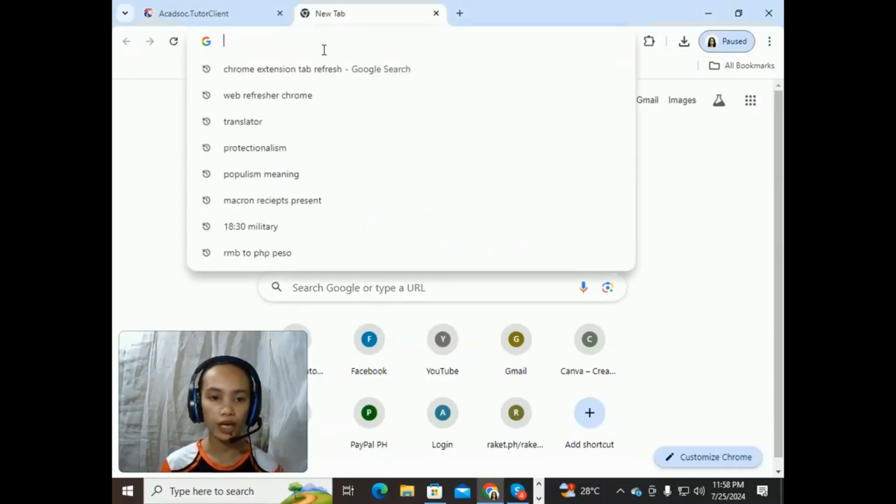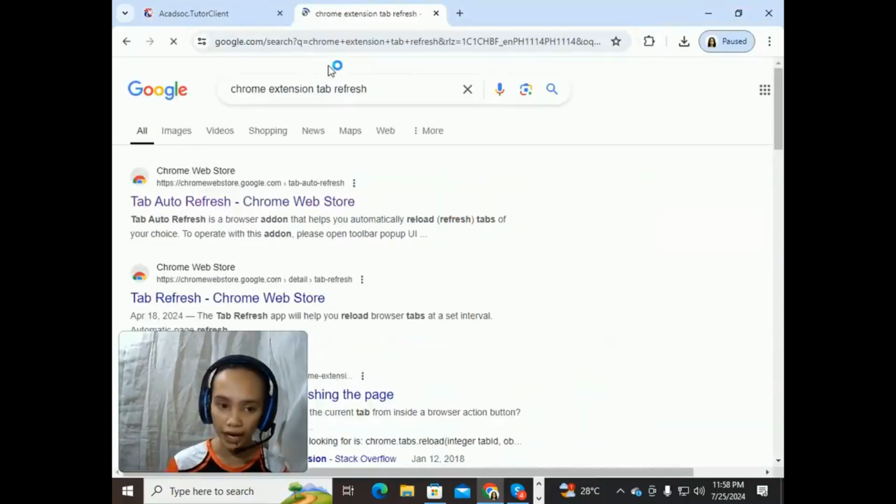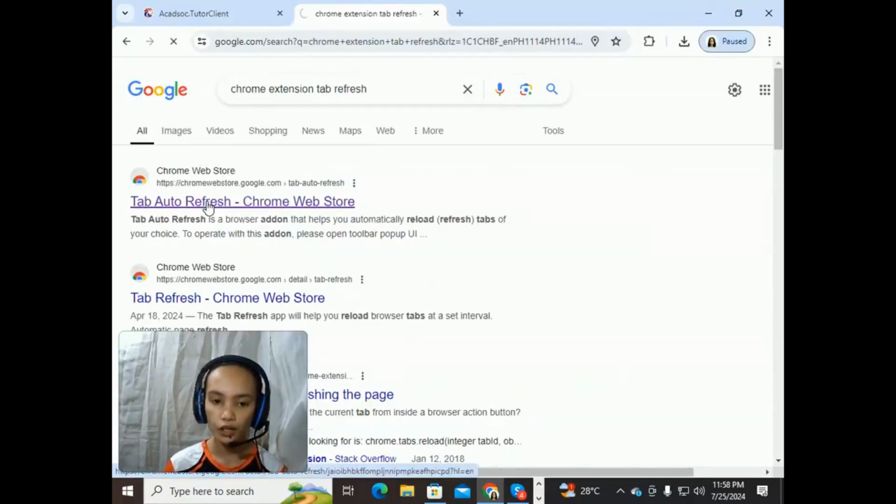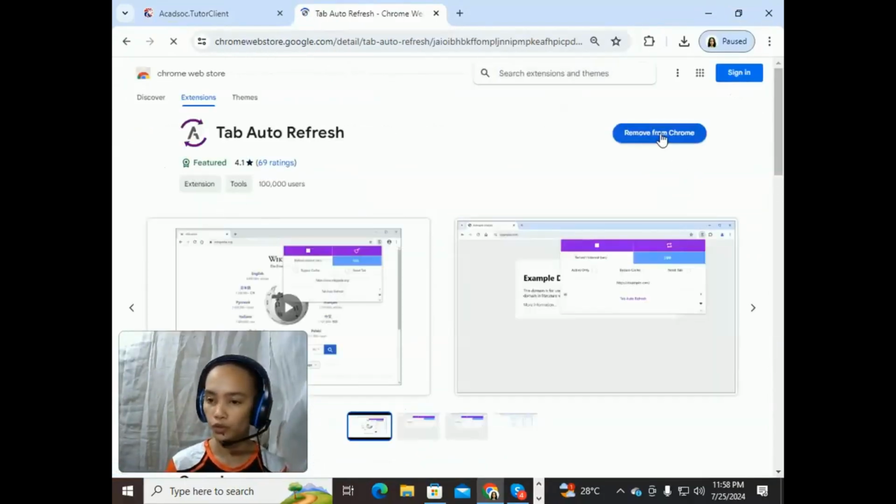So first we're going to type in Chrome extension tab refresh, and as you can see, the first link will pop up. Just click that one. What you're going to do is you're going to wait for